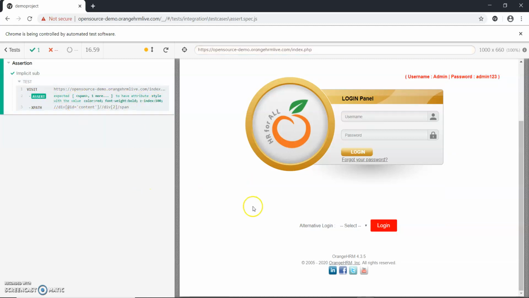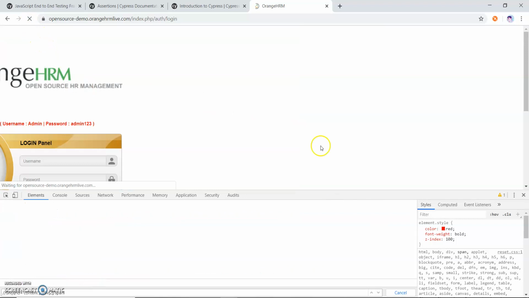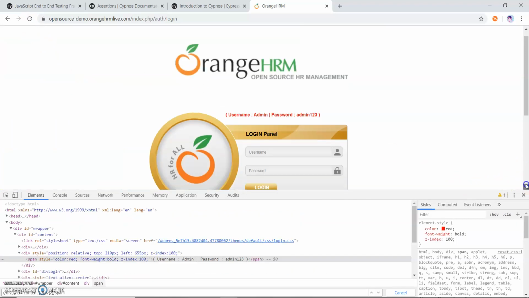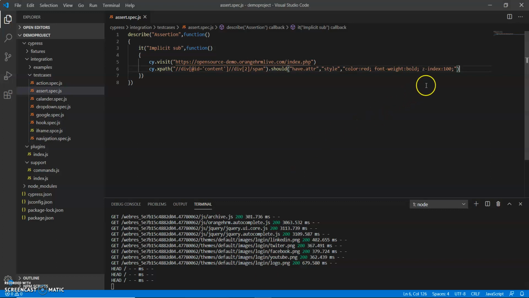Now I have to assert the text. How can we assert that text? I have to use the same XPath. I will copy this and assert whether that username is present or not.